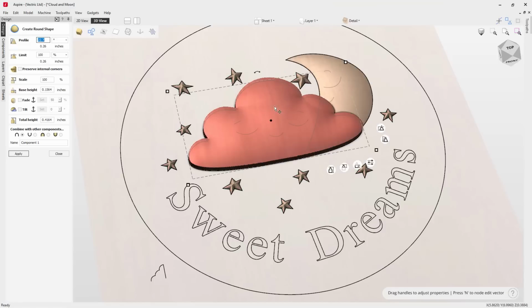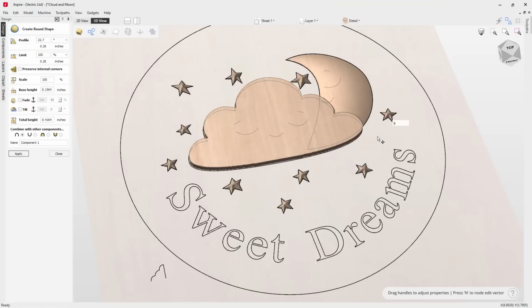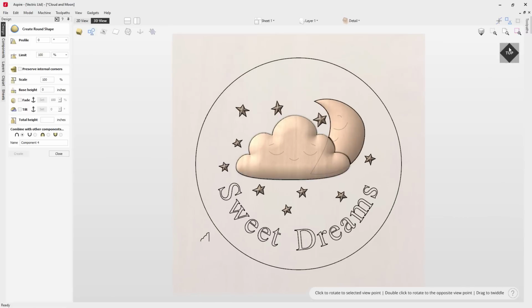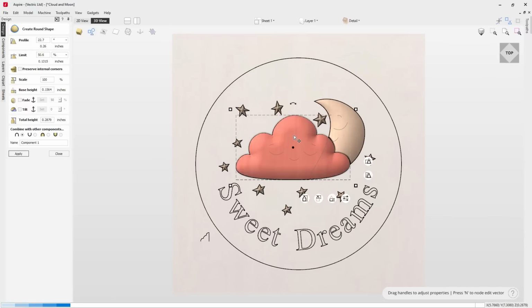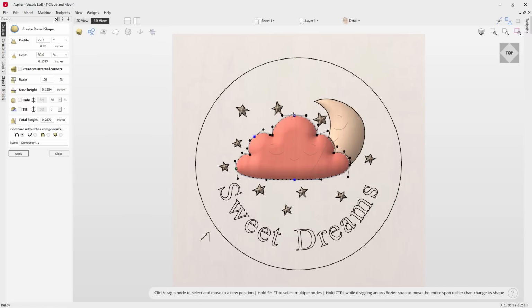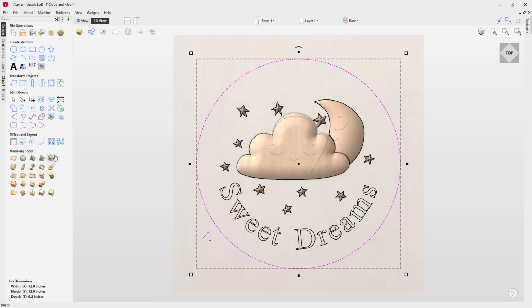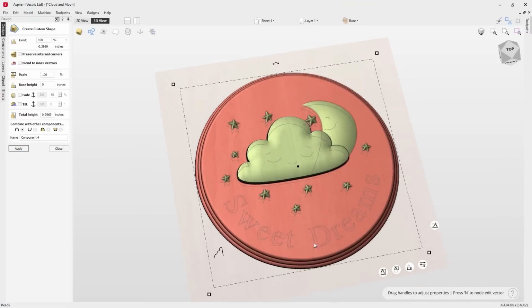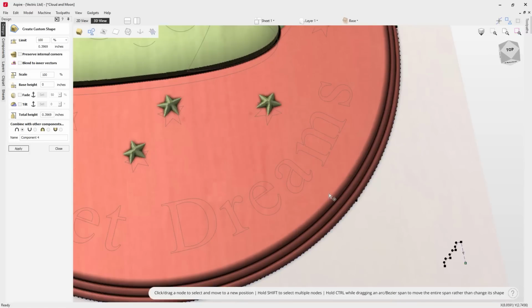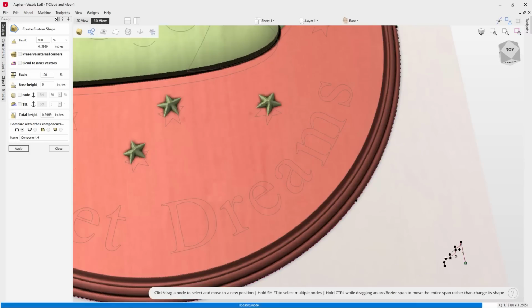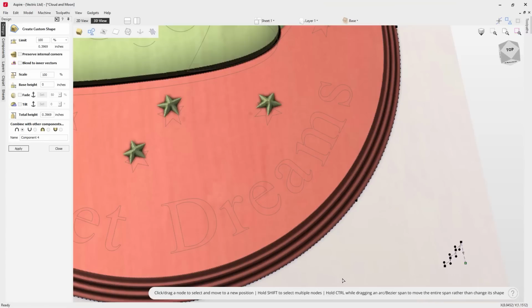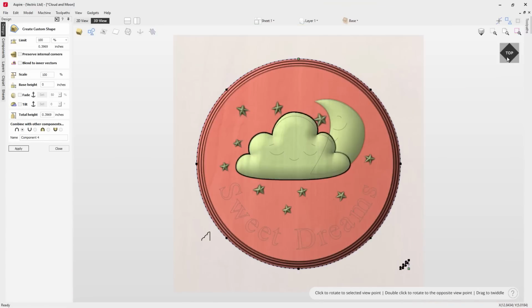The created shapes remember the properties used to create them, so you can come back later to tweak the shape to suit your design. As well as that, you can make further edits to the boundary of your shape through the Node Edit functionality, enabling you to have further control on the shapes you've already created, making it easy to edit. And this capability also extends to the cross sections used for the custom shape profiles, so that you can easily update the shape and instantly see the results of those changes, making for a more intuitive and fun approach to 3D modelling.